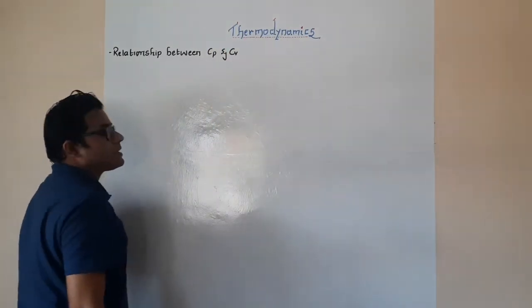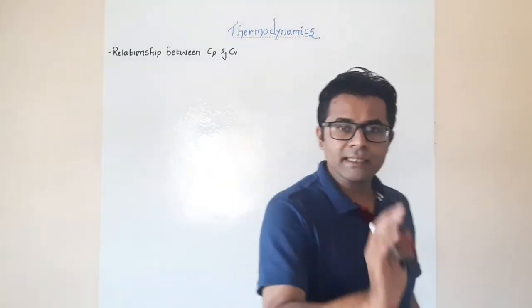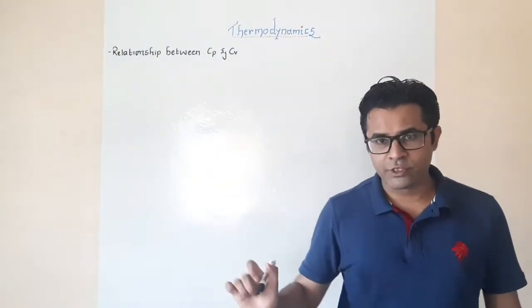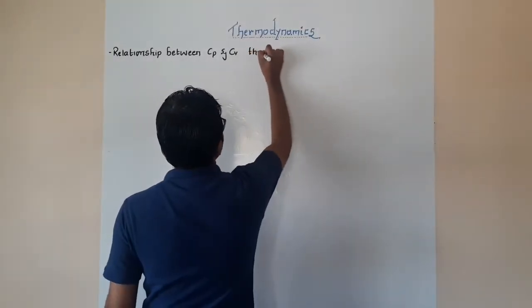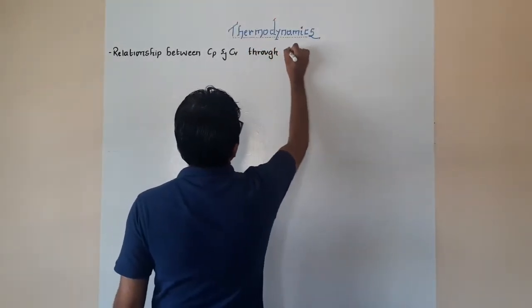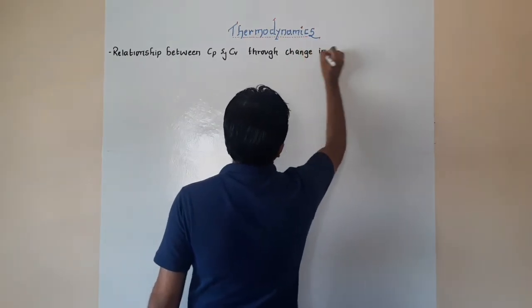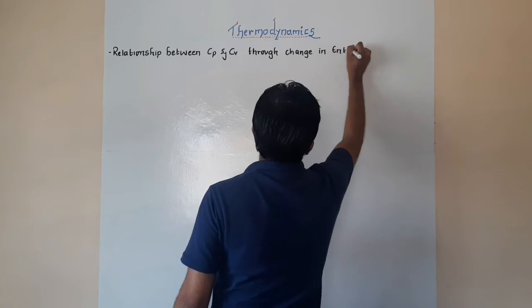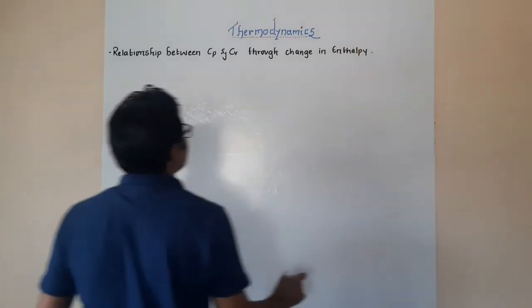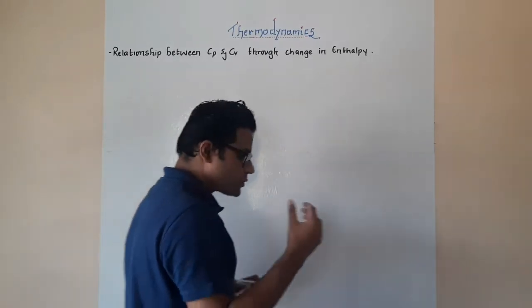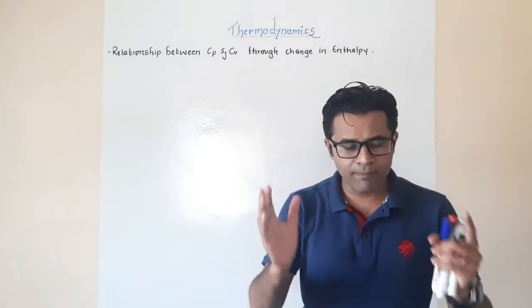This particular relationship we are going to derive using the enthalpy change expression. Alright, so first, in order to come across Cp and Cv, let us first consider a simple system